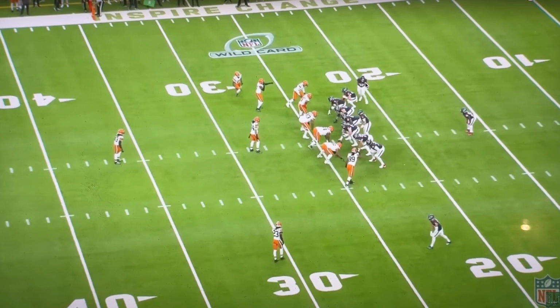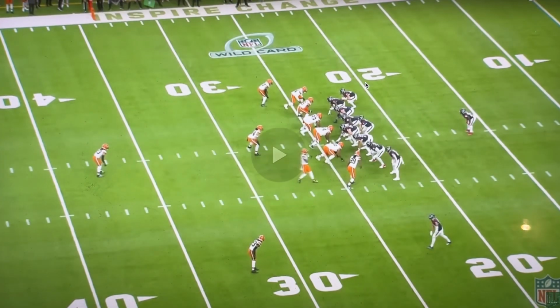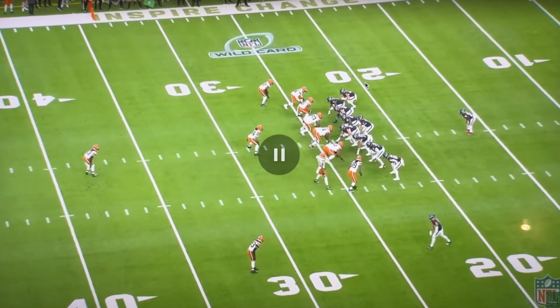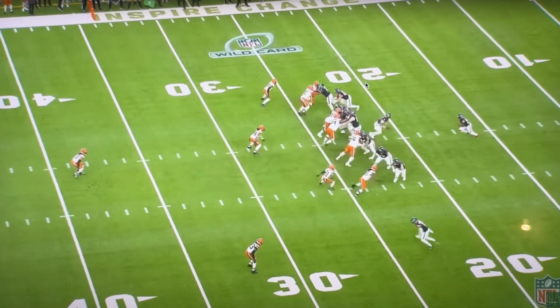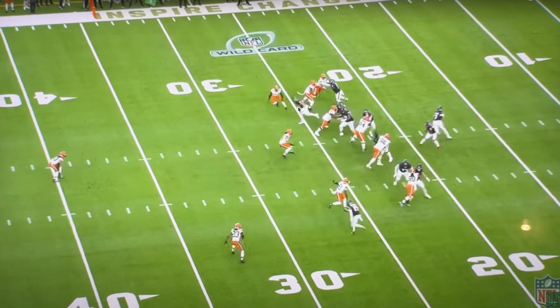So as we watch it play out, okay, again, this looks heavy. Look at the Browns, in the box, of course. We're going to do a big power run out of this, right? Not so fast. So that fullback goes flying down the seam, and the one receiver comes flying across,